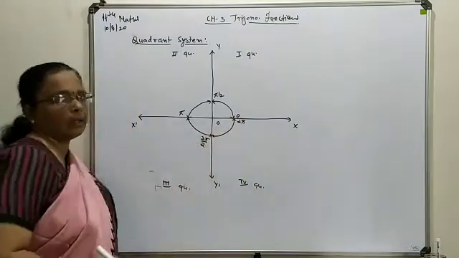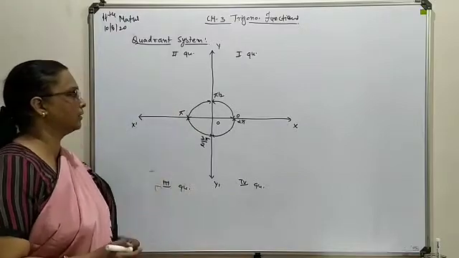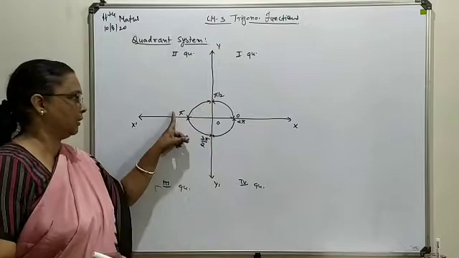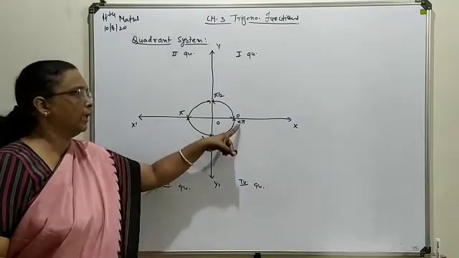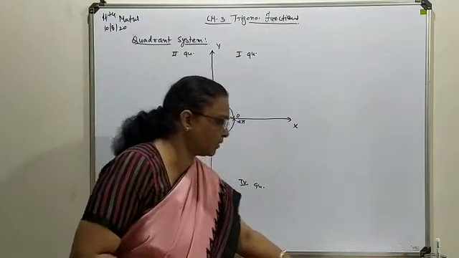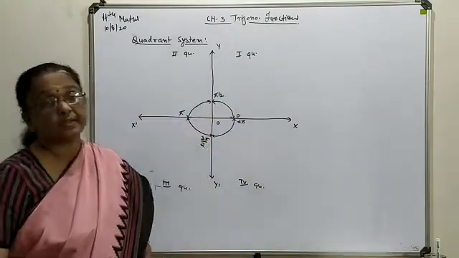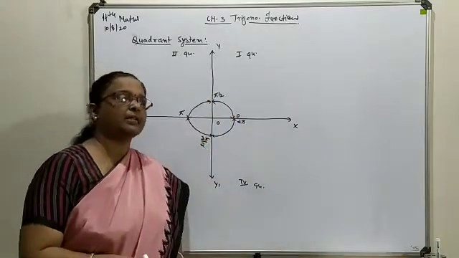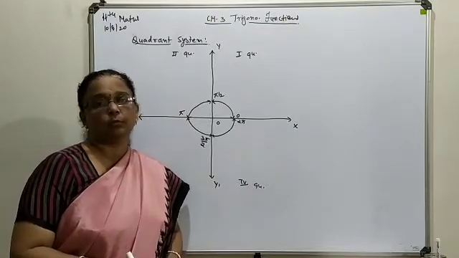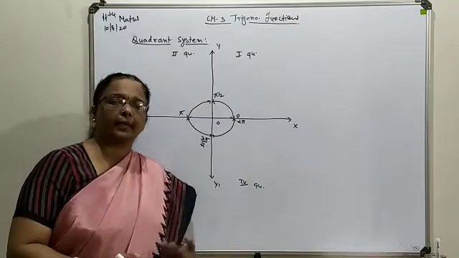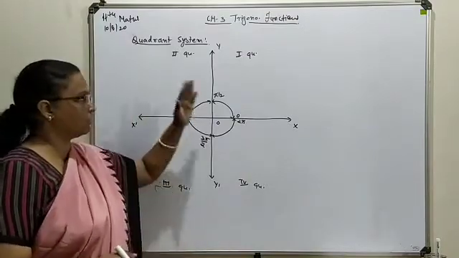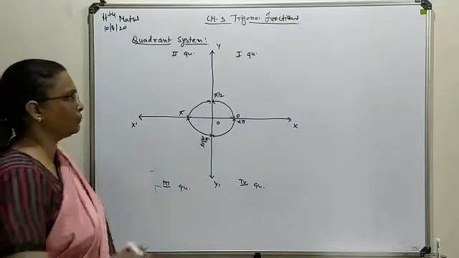Here you can see I have written all the angles in terms of radian. You can write this one as 90, this one as 180, this is 270 and this is 360. Now in each quadrant we have discussed the sign of all 6 trigonometrical terms, and basically if you are clear about 3 basic trigonometrical terms or even 2, you can write the sign of the remaining 4 or 3. So let's try to write that again.